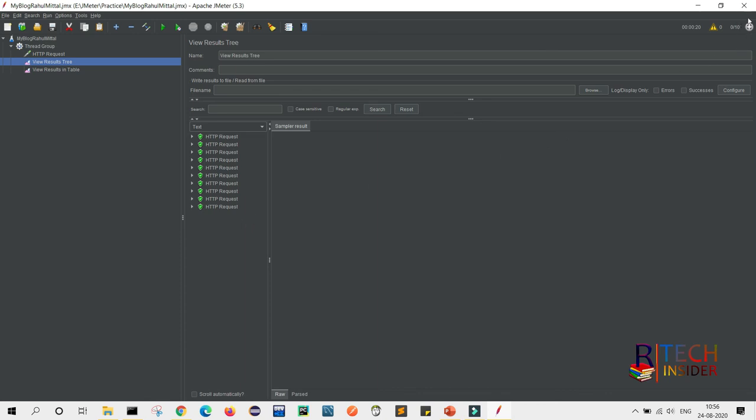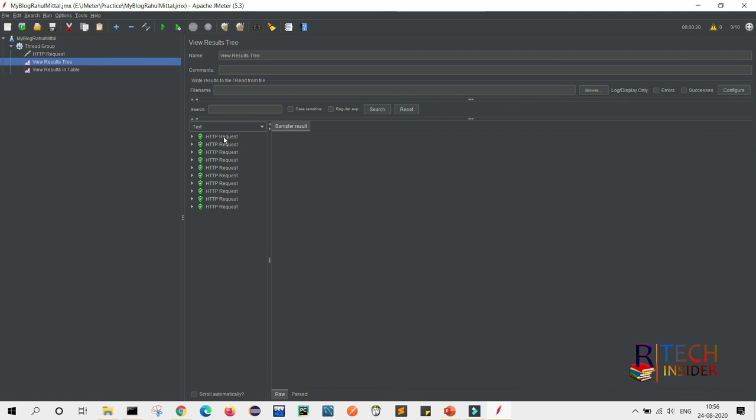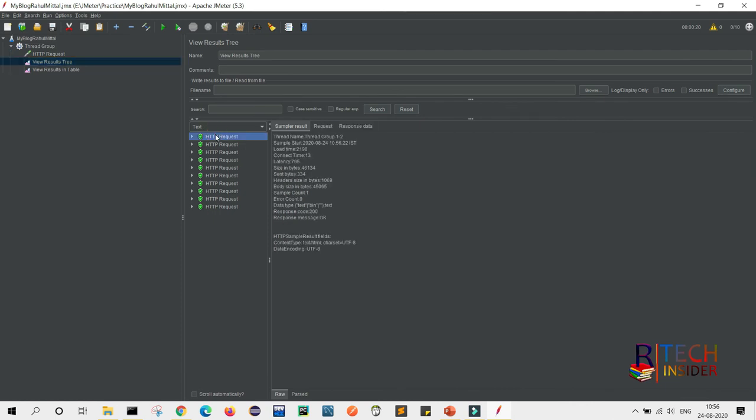Here you can see it has changed back to the original, and the result has come. As you can see, all results are showing in green. That means my entire test has passed. You can see the response code is 200 and the response message is OK. That means the entire test is executed and showing the result as pass.